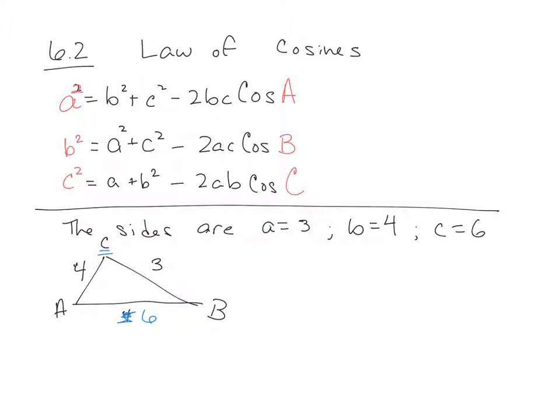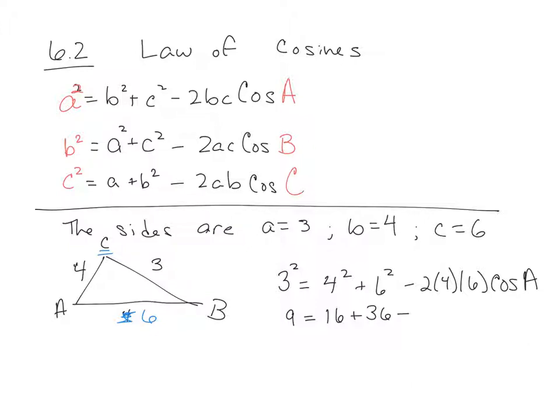So I go through and find angle A, so across from angle A is side 3, so that becomes 3 squared is equal to 4 squared plus 6 squared minus 2 times 4 times 6 times the cosine of A. All right, now order of operations is really important here. So this is 9 is equal to 16 plus 36,